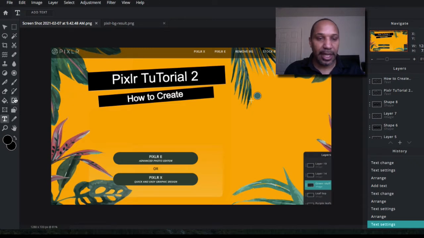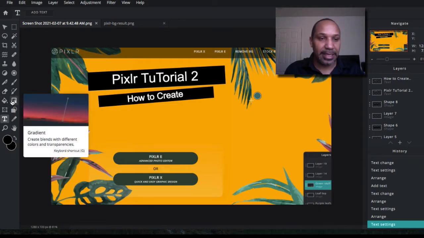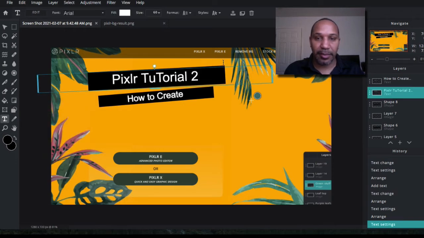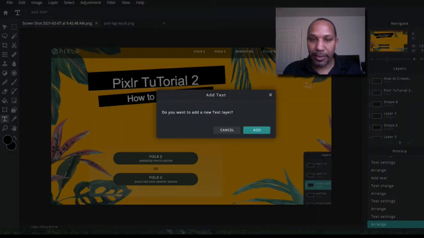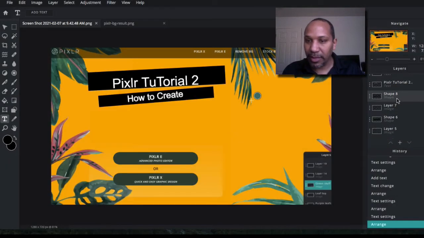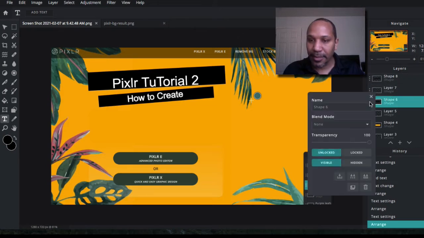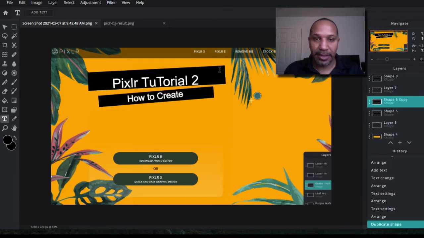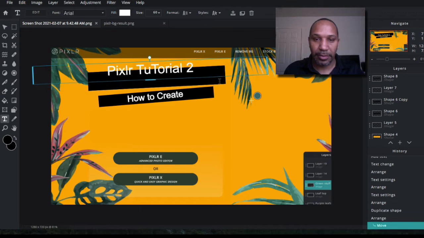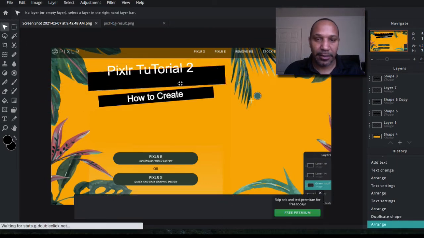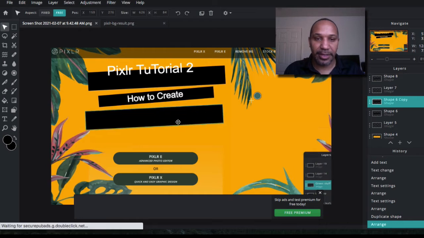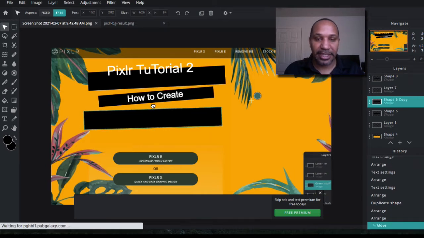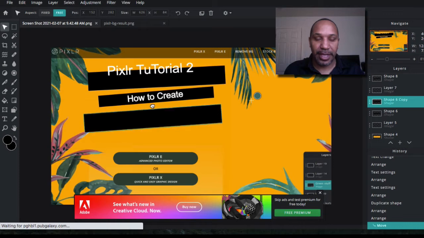So let's go back and add another block here. And what you could do, I guess, is go here, duplicate it. Whoops. Let's find which one that we had that on. So I think it's one of these. So let's do this. And you can duplicate the layer right here. Okay, so then I duplicated it. Let's see where it went though. Let's grab this here. Okay, so yeah, I did duplicate it. So then I'm going to just grab this, and I can change the size of it. So how to create